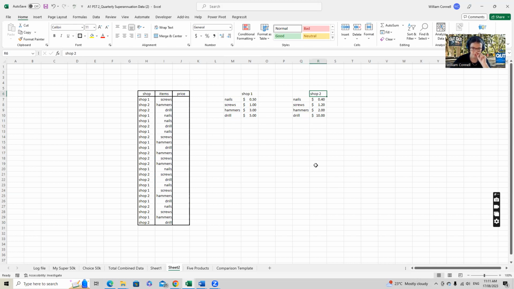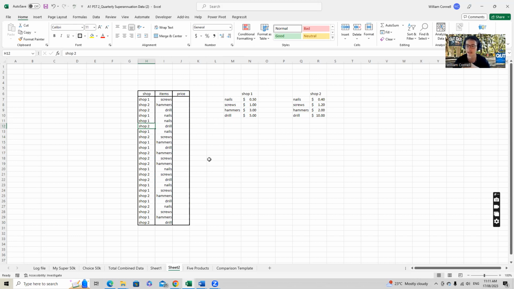If they're purchased from shop 1 or shop 2, they each have a different price. So if we had a list of shops and items here, and we wanted to know what was the price of this particular item if it was bought from shop 1, or drills, say, if it was bought from shop 2, then we would basically need